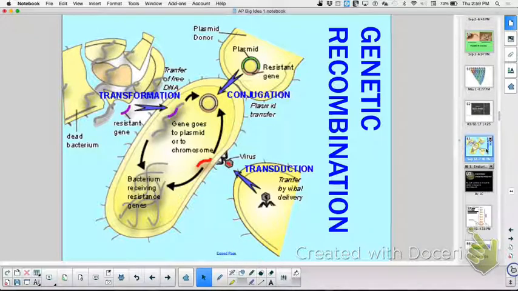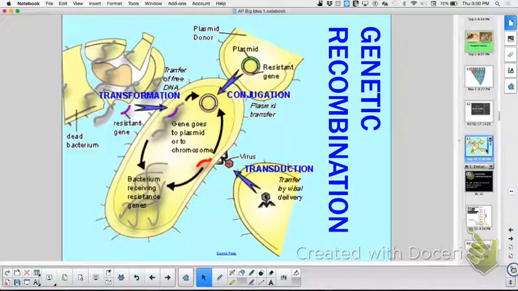We're going to just do the last slide, and then we finish out this enduring understanding. Genetic recombination, these are all the ways that bacteria can get new traits. So transduction, what are we using in transduction? A virus. Transduction is always a virus. Transduction is when a virus infects bacterium 1 and picks a little bit of host 1 up, and when it goes and infects host 2, it's not only infecting it with its viral DNA, it's also bringing a little bit of host 1's DNA to it as well. That's transduction.